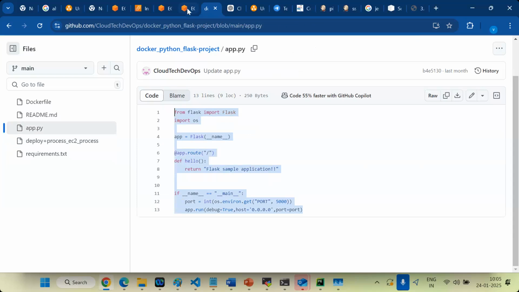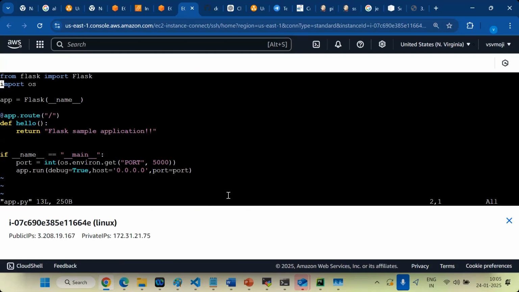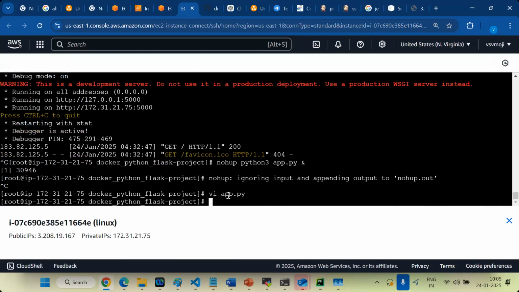Understand? For example, this is the application, app.py. You can change the port number, and with respect to the port number you can access 5000, or change it to 2000, 3000. With respect to the IP, you can go to 5000, 3000 like this. Clear? I'm going to add this. So after these three commands, you can use it.